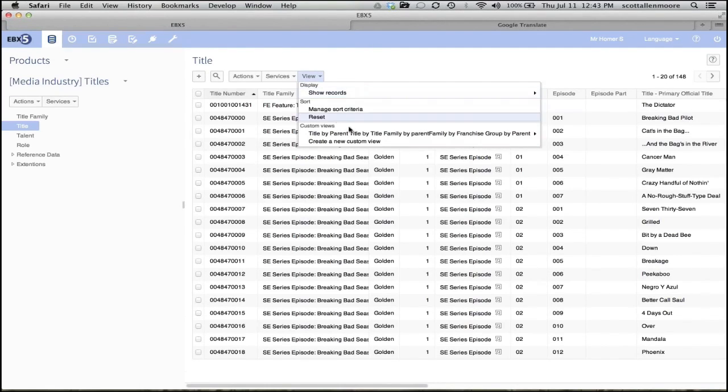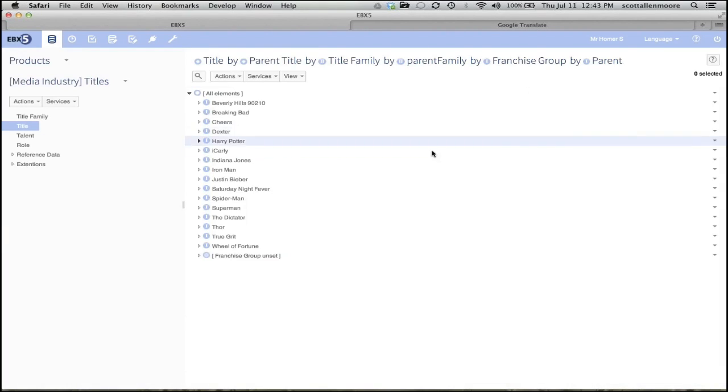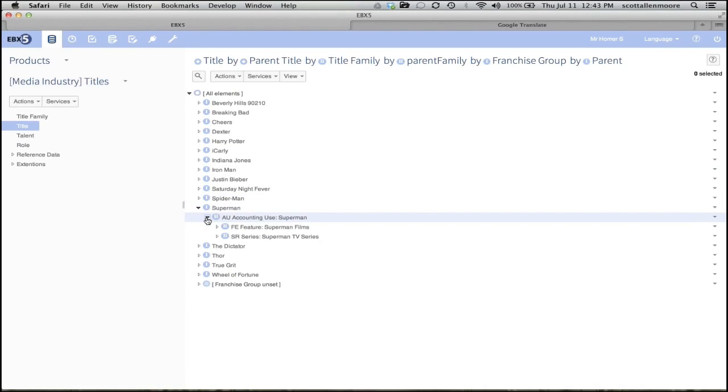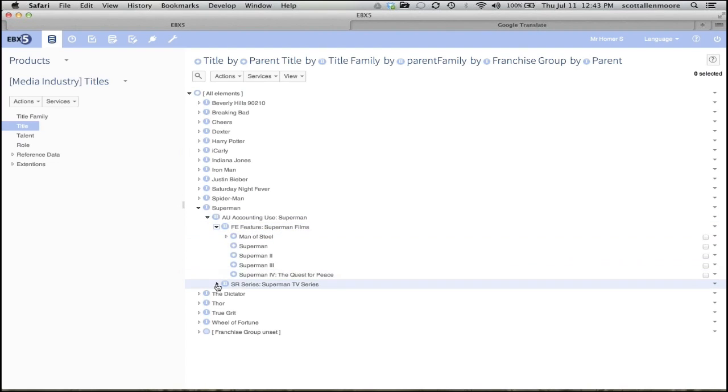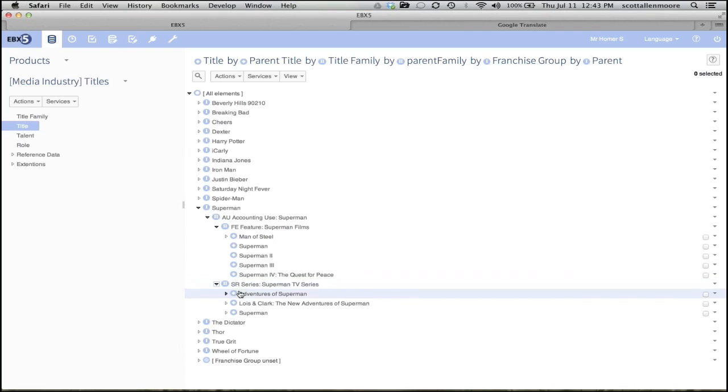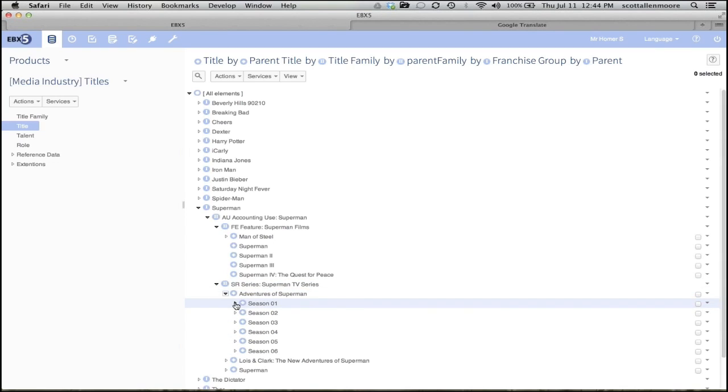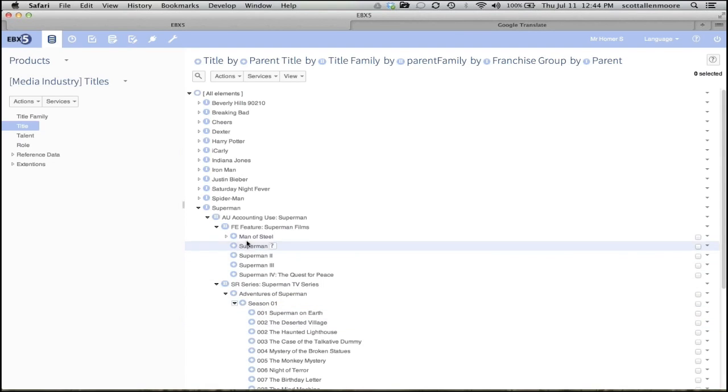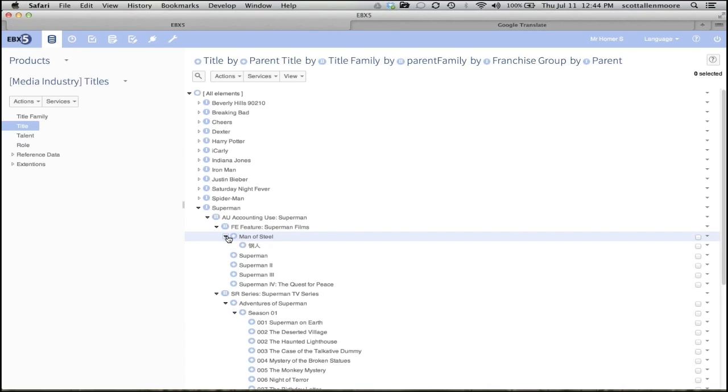And what's nice about that is that I can govern who can change, who can approve, who looks at it, who's going to do all the different things that I need to do. So before I show you how to do a Japanese version, I'm just showing you another hierarchy and title that has both feature films and also series films. Here you can see various Superman television series and then the different seasons and the episodes for each of those seasons, as well as the feature films.